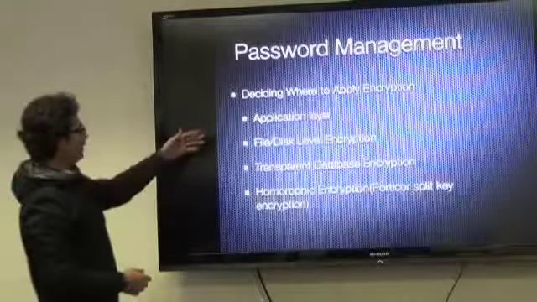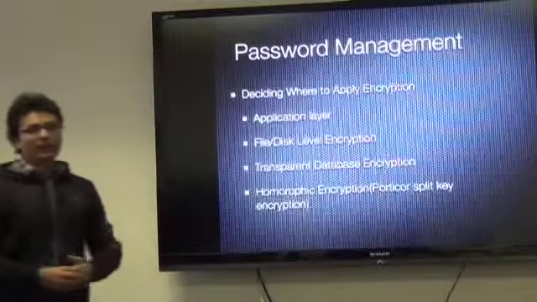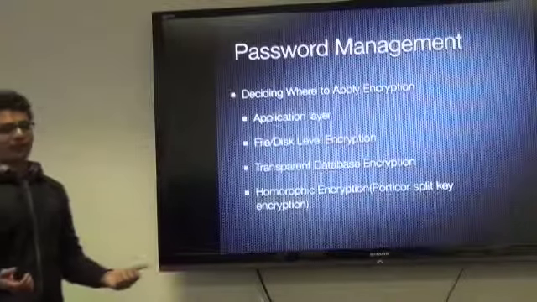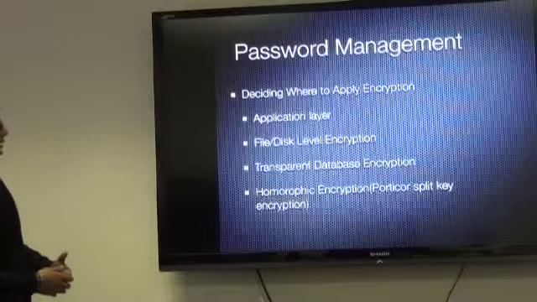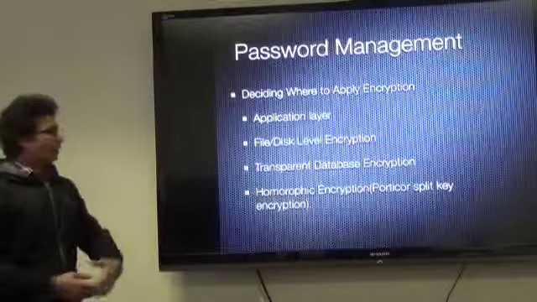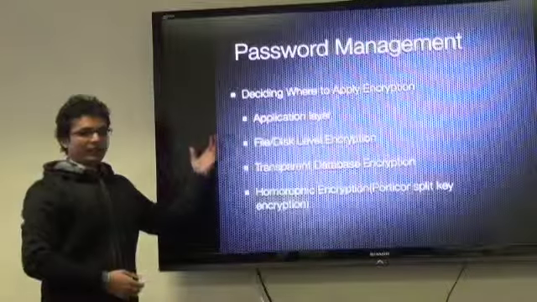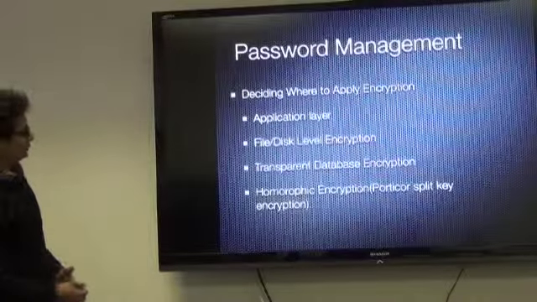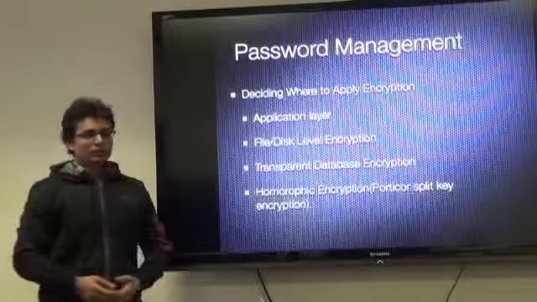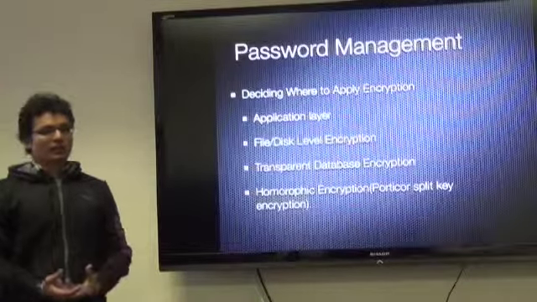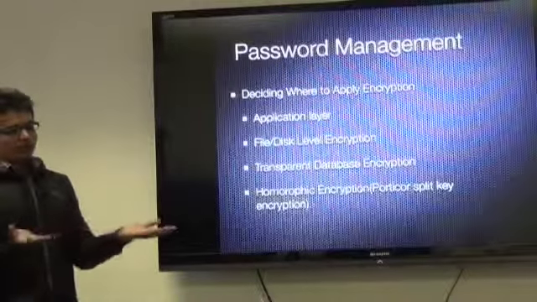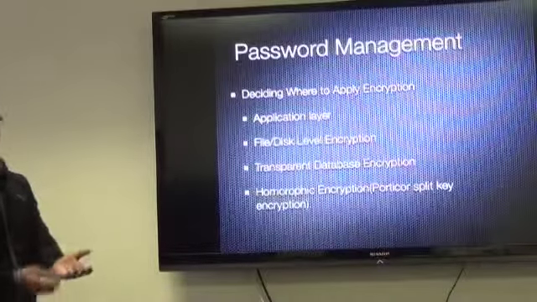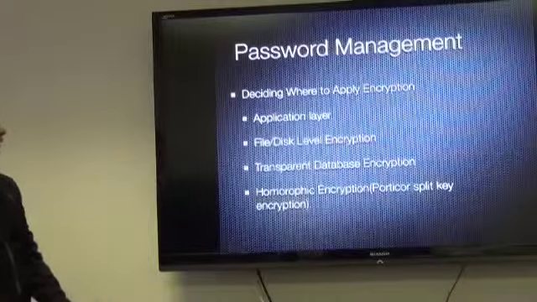The advantage with doing that at the application layer is that even if somebody has access to the database, they don't see the clear text. The data is always encrypted in the database, and only those clients which are authenticated get to see the real username and password. The second option is to do encryption at the disk or the file level. We run a driver on top of the file system, so whatever goes to the file system is first encrypted and then saved.